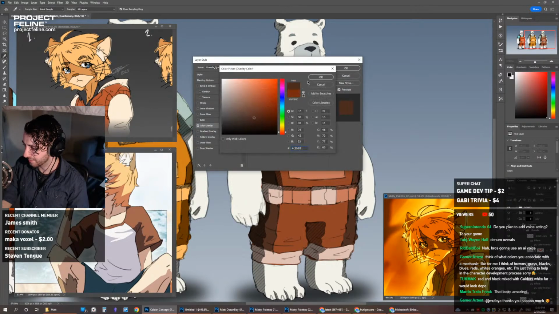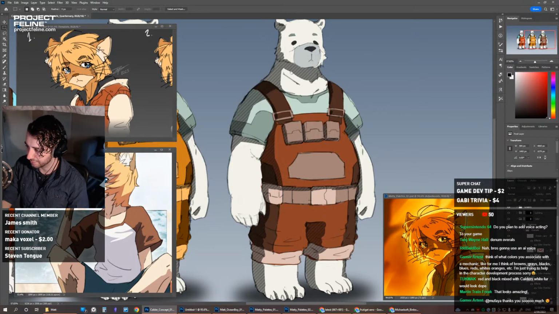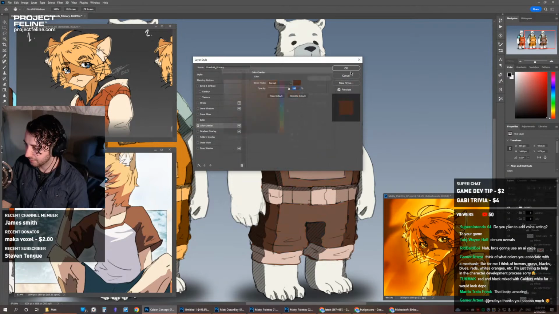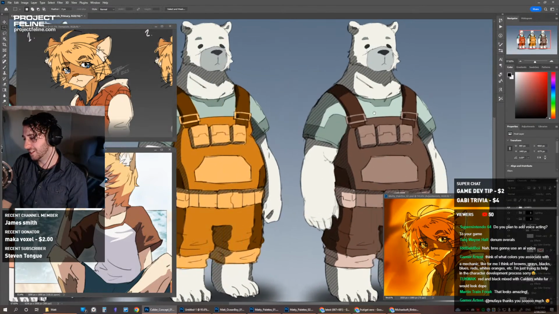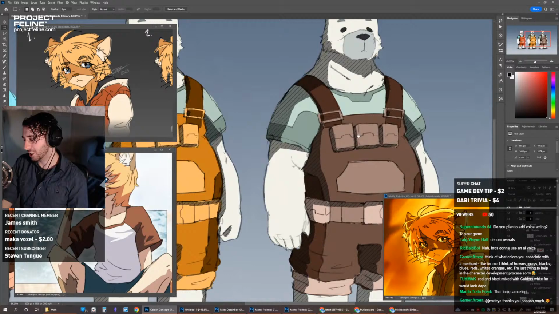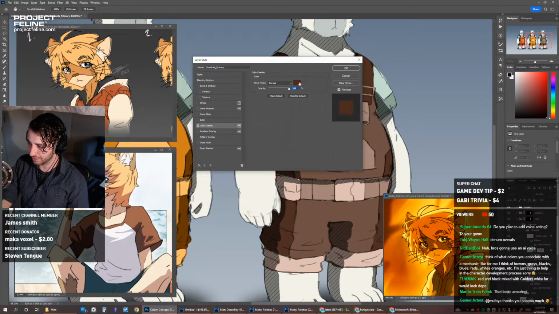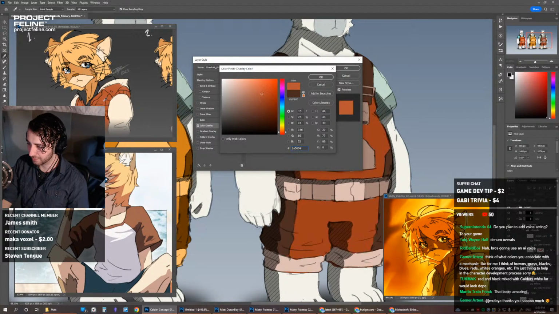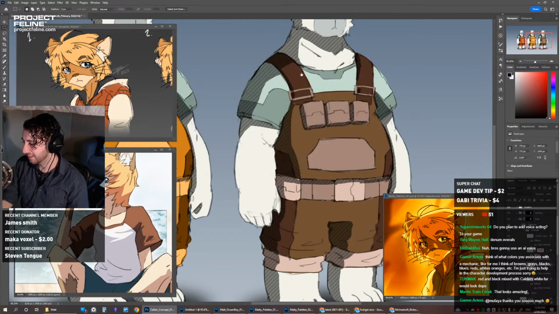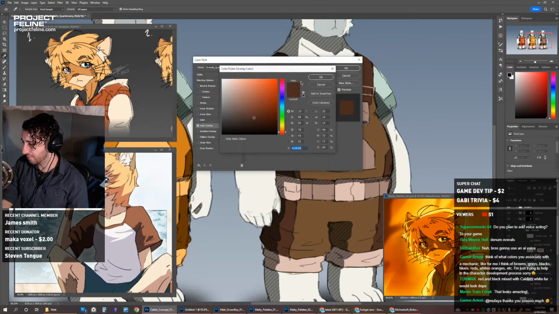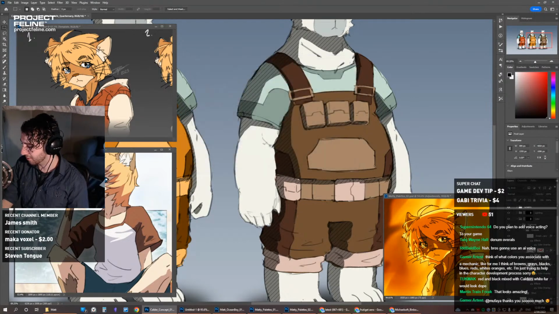And I'll pick something cool for this. I'll pick a different color for the shirt. I mean, it still looks a little too red. So what if I steal from that and just desaturate it? It needs more yellow. That's what it needs. Yeah. Okay. I'll try this instead. We'll try that because it's too red. Although I do want to try red, I don't want it to be that red. I want it to be a different red.